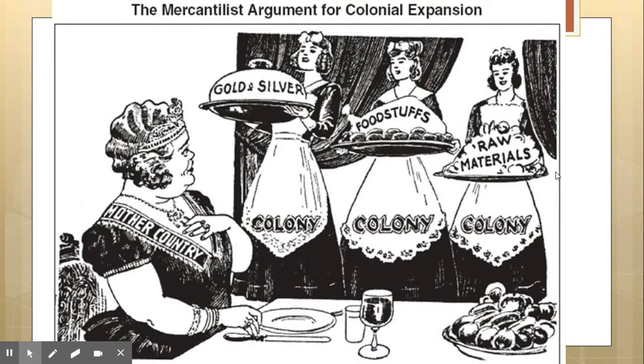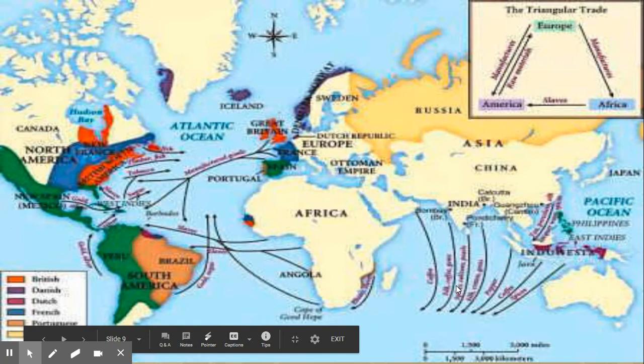So here's a good example of what mercantilism actually is. So you got the mother country in this, it's pretty much England. You're getting gold and silver, you're getting foodstuff, so all the different types of food, turkey, all the things were brought in from the Americas, and then raw materials like cotton, things like that from the colonies. And all this is to serve the mother country. It's not really for the colonies, it's to make the mother country wealthier. Again, there's all the different trade that's going on, a lot of Atlantic trade from Europe going into the Caribbean and into the Americas.